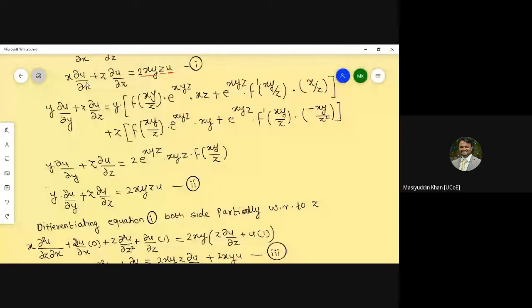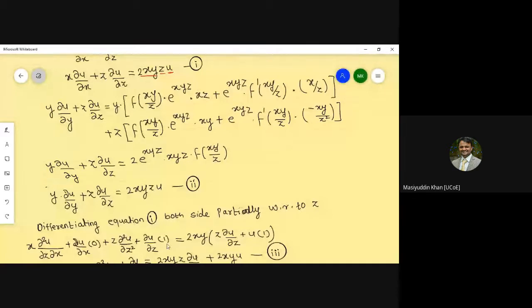plus ∂u/∂x as it is, and derivative of x with respect to z, you will get 0 because x is treated as a constant here, plus z as it is, derivative of this part with respect to z, again you will get ∂²u/∂z² plus ∂u/∂z as it is, derivative of z with respect to z, you will get 1